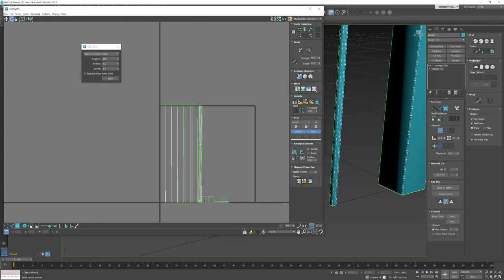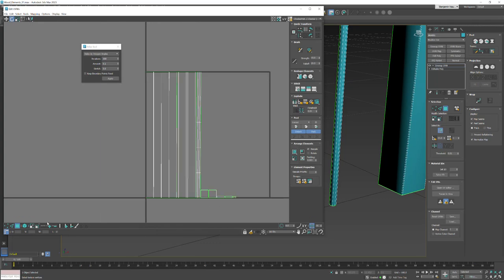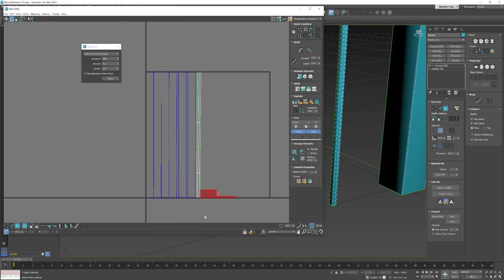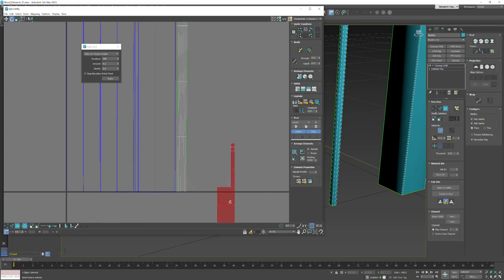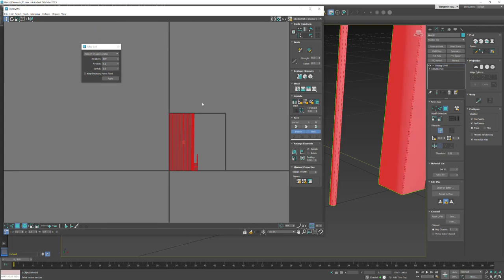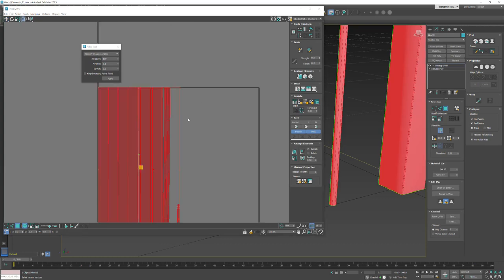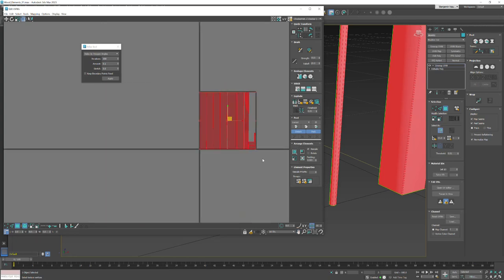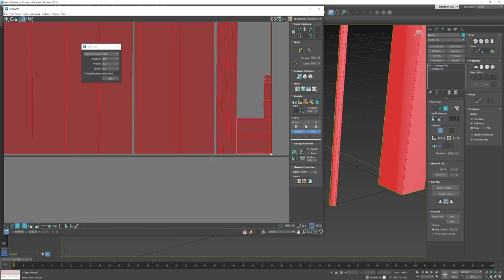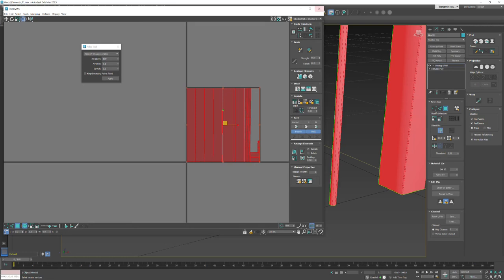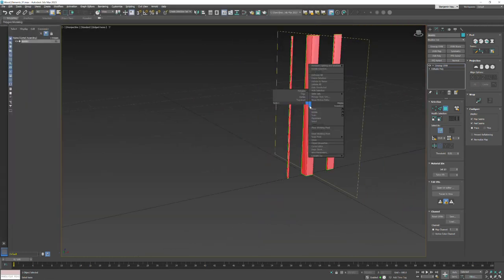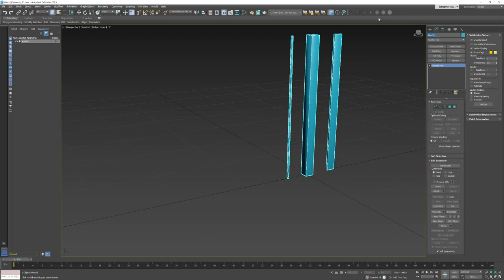We can see all of our different elements. Let's do something though. Let's turn element back on, grab all this, rotate it, and move it over here. And let's grab the whole thing and let's just make it fill the entire space. We'll do a 2:1 aspect ratio. Zoom in here on the bottom. There we go. Okay. Now I'm just going to right click and say convert to editable poly, and we can call this wood elements,